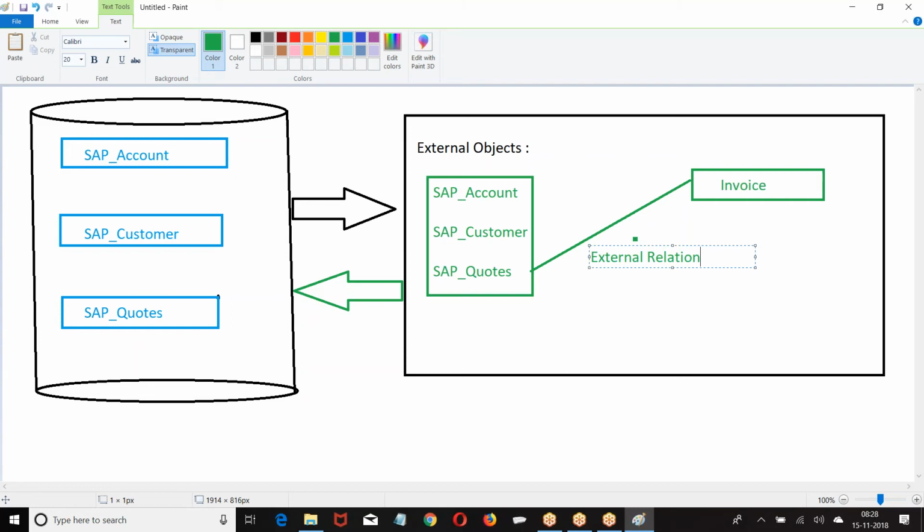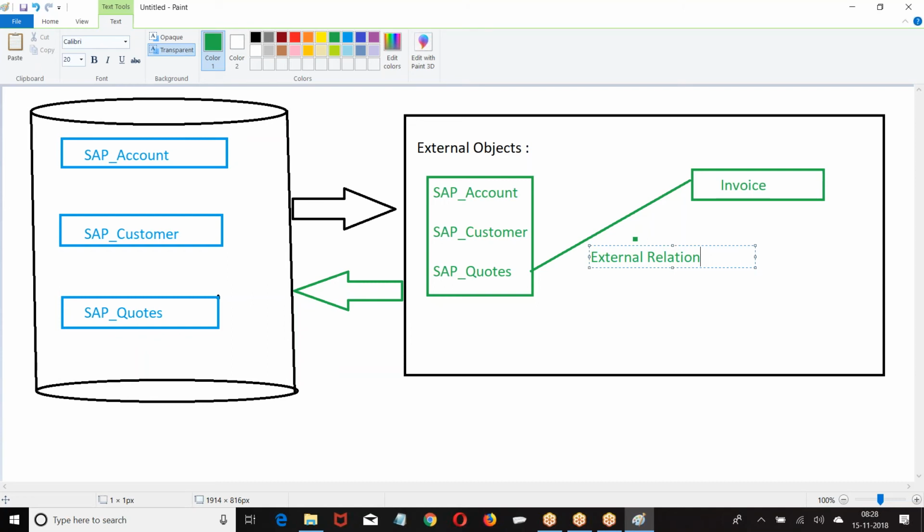Now this application said, boss, I will share my data, but I don't want to save it on your database. It is very sensitive data for my application. If you want, I will give my data, but I will not allow you to save. Then what is the concept I have to do? Establish a connection with the external database. Then get all the tables in the external database into your application.